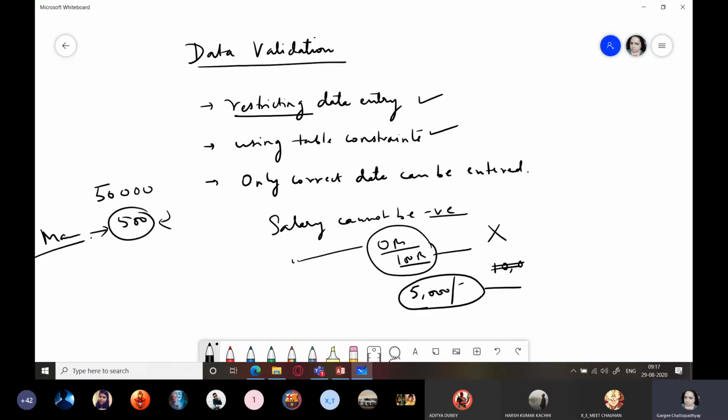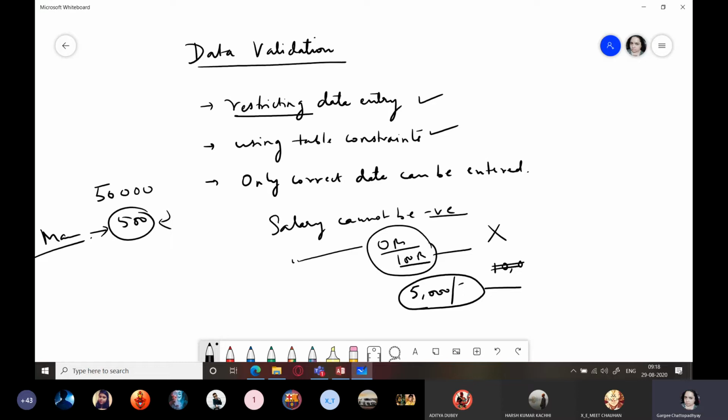Okay, so that way, because you know what happens, no matter how smart the data entry operator is, he or she works for long hours, and the work is also very repetitive and kind of monotonous, going on entering records and records the whole day. At the end of the day, because of fatigue, the data entry operator may also commit some mistakes. It is quite possible that the data entry operator has some 90 or 95% accuracy in entering the data, but still we cannot rely on that 5%.